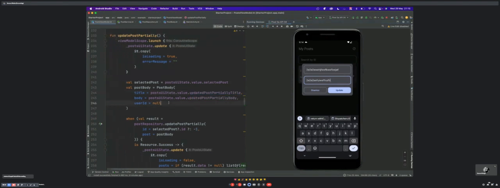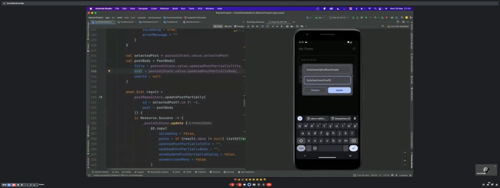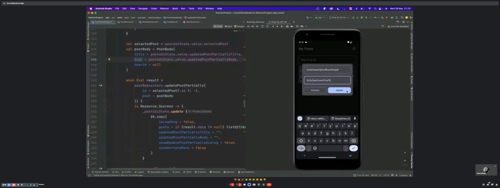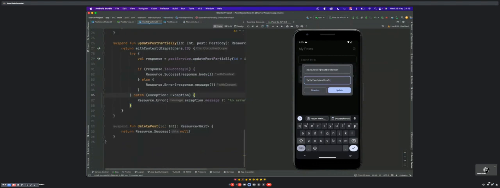And for partially updating your post, the user ID is not required, because you're just updating a single place, the title, or maybe the body, or both. Yeah, so once you click update, this is where we are calling the repository function, which we were in a minute ago,